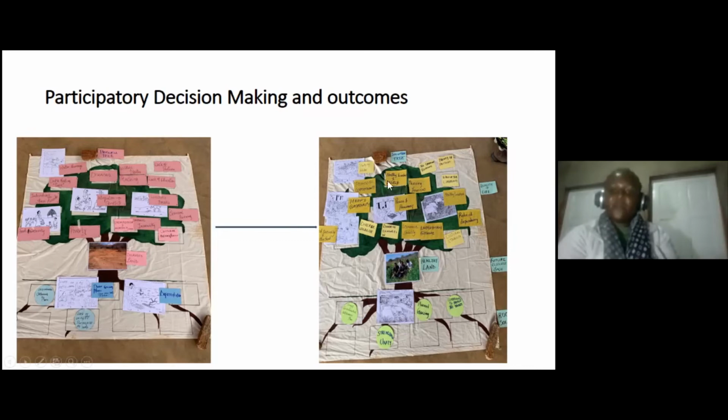And then from there, what will be the impact, or what is the quality of life when our land is healthy? So you use everything from drawn pictures, writing, and here I used a color coding of cards. This pink card is for the problem tree. The blue card was for the root cause problems. Here, the yellow cards are for the quality of life, and the green card is for root solutions.